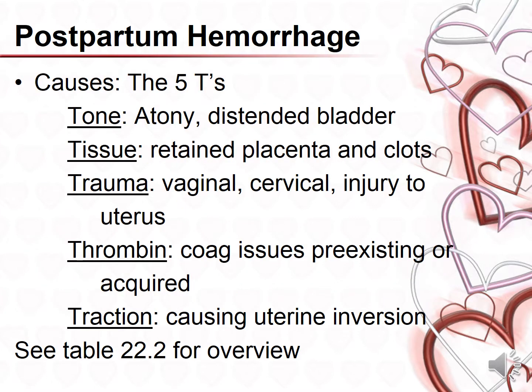The 5 T's, and in your book it mixes you up, so if you go by the 5 T's here, then you'll be fine, because the T's in your book are written 2 different ways. Tone, atony or a distended bladder, tissue, retained placenta and clots, trauma from vaginal, cervical, or injury to the uterus,